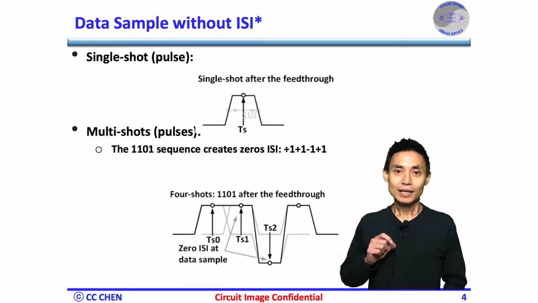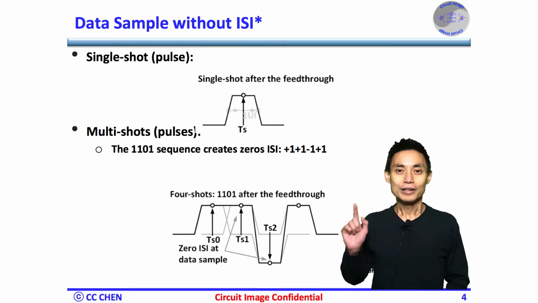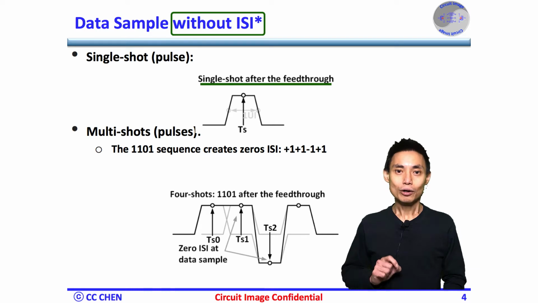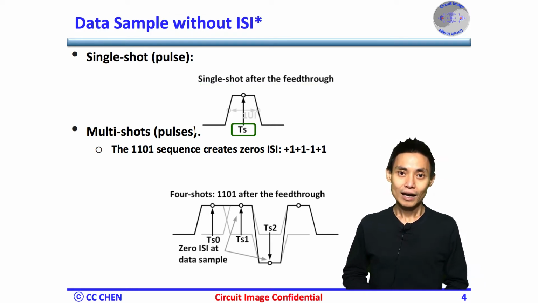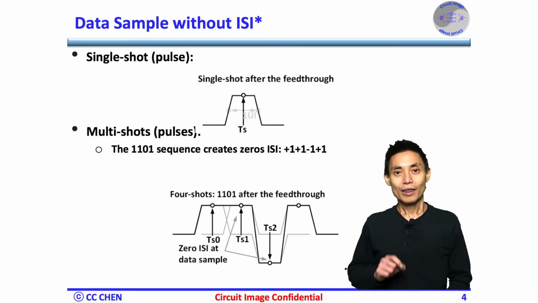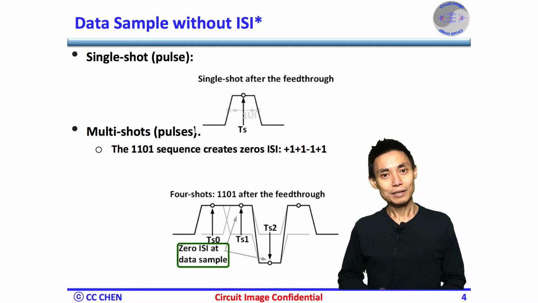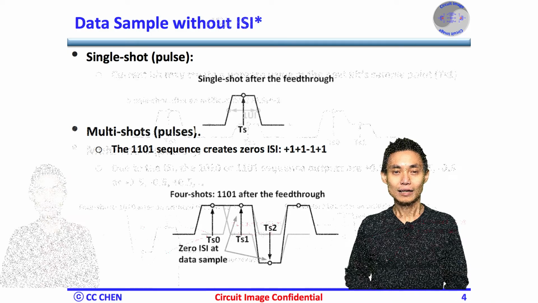After understanding the summary of the DFE, let's review again with a few waveform images to understand the DFE operation quickly. The single pulse is fed through a lossless channel and sampled at the time TS. For a multiple-pulse 1101 bit stream, there is 0 ISI at the data samples, which assumes the sampling point is at the middle of the single bit, or UI, to get the best timing margin for the data.